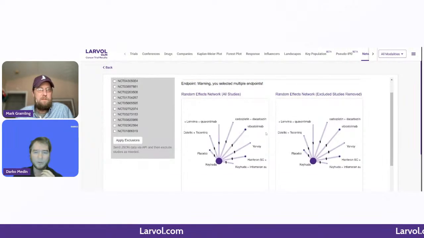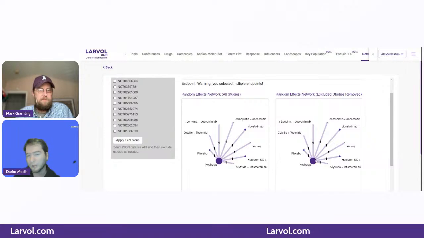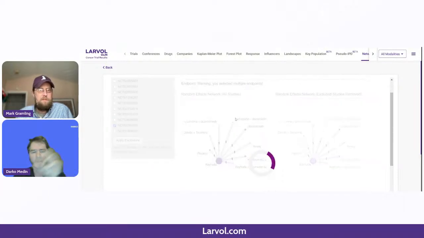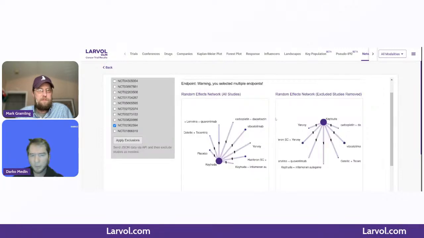So if we look at how this network is created, most of the comparisons are versus Keytruda. That's one of the PD-1, PD-L1 mechanism blockers that we were also discussing previously in those pseudo-IPD examples. And what's very interesting is that we can now make different selections. We can create a specific network where these missing pieces of evidence that were not performed can be inferred as indirect evidence.